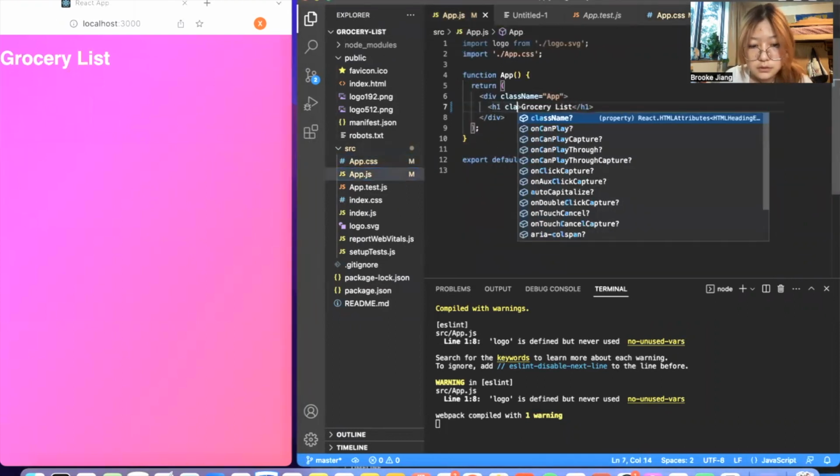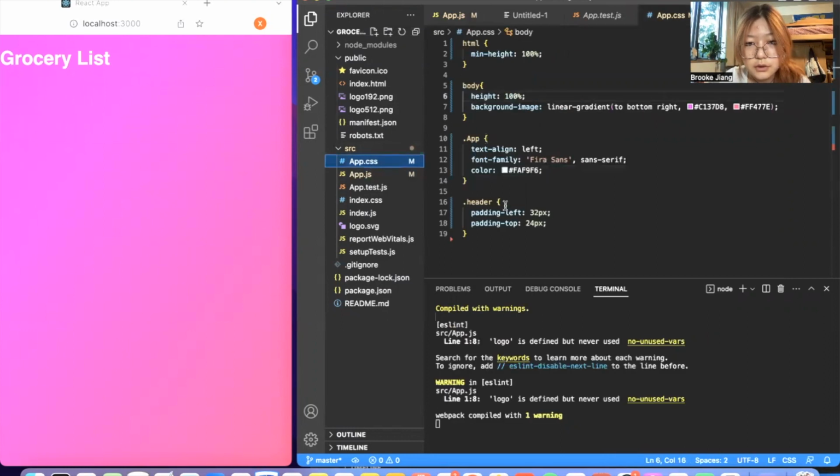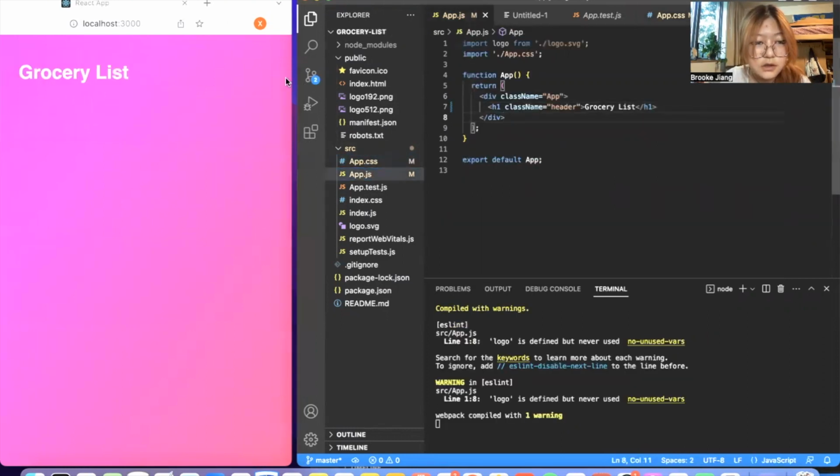To apply the header formatting, we want to set className equals header, because that is what we have here correspondingly. Save that. And now we have the padding. Great. Okay. So now to actually populate the grocery list with groceries,